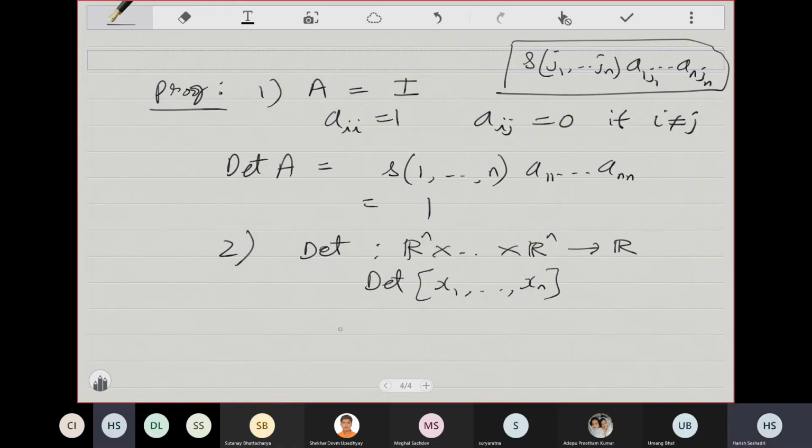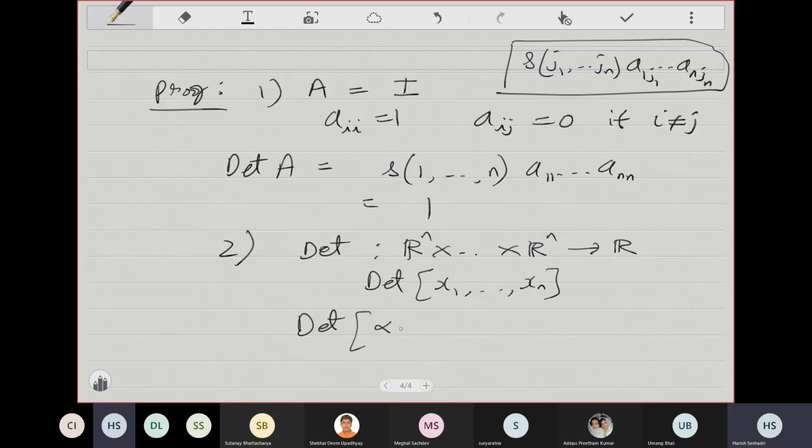So this multilinearity property just means that if I fix n-1 variables, any n-1 of these x_i's, then it's a linear thing with respect to the one which is not fixed. So for every i, for example, the first one would be determinant of